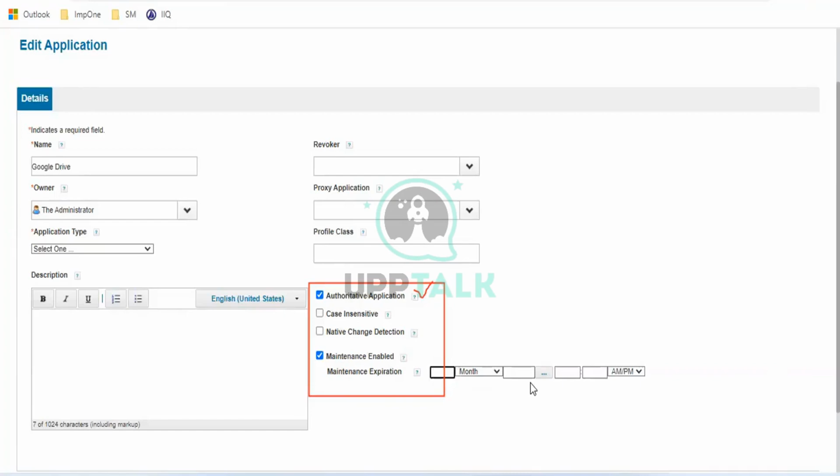If you do not mention the date and time, then it is permanent: the application has been decommissioned. No provisioning will happen. No aggregation will happen. In that scenario, you can use maintenance. Have you guys heard of maintenance? The application is in maintenance mode.